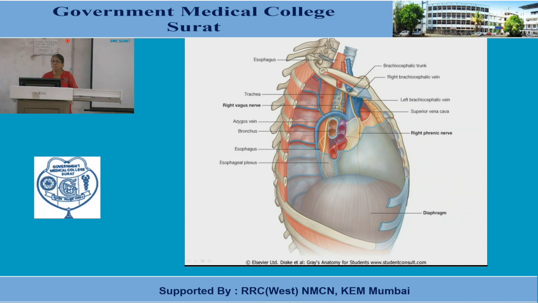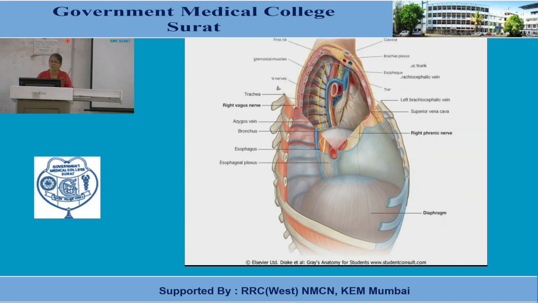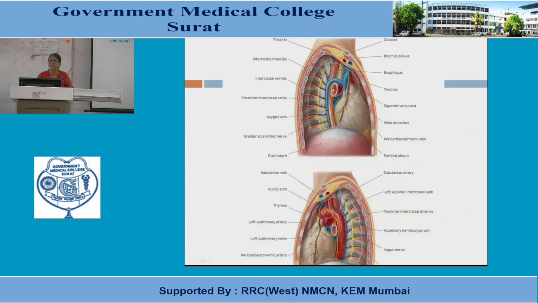Now here the right vagus will enter into the posterior mediastinum behind the root of the lung. This is the root of the lung, and behind it is the right vagus. It lies in the posterior mediastinum. This is the phrenic nerve. You can see the right phrenic nerve, we are looking from the right side. So this is the right phrenic nerve. It will first be in the superior mediastinum and then come onto the heart and pericardium in the middle mediastinum. Right? So this is the right view of the mediastinum. In this we will see the left also. When more veins are visible, then this is the right.